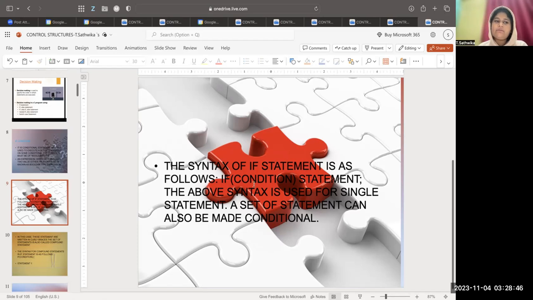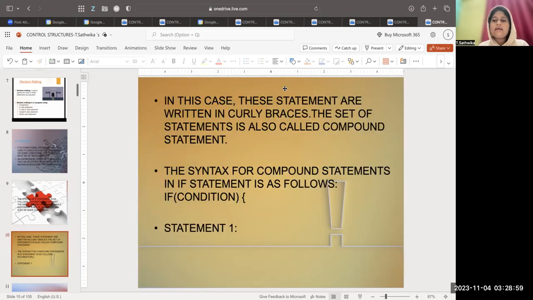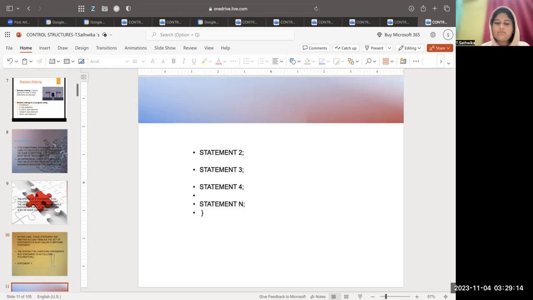It is as follows: if (condition) statement; The above syntax is used for a single statement. A set of statements can also be made conditional. In this case, these statements are written in curly braces. The set of statements is also called a compound statement. The syntax for compound statements is as follows: if (condition) { statement 1; statement 2; statement 3; statement 4; up to statement n; }